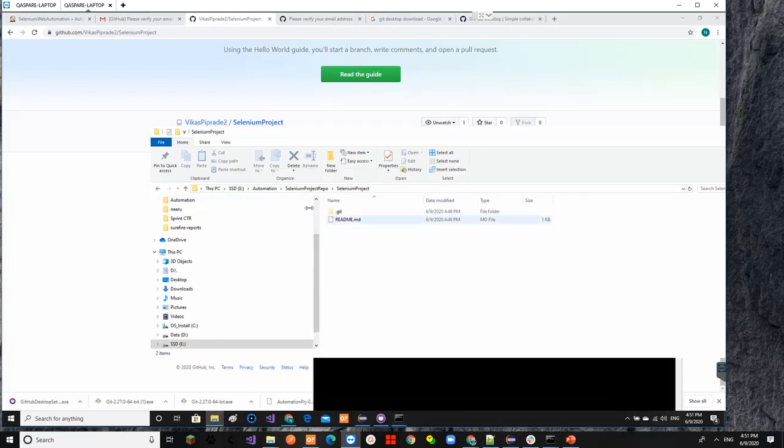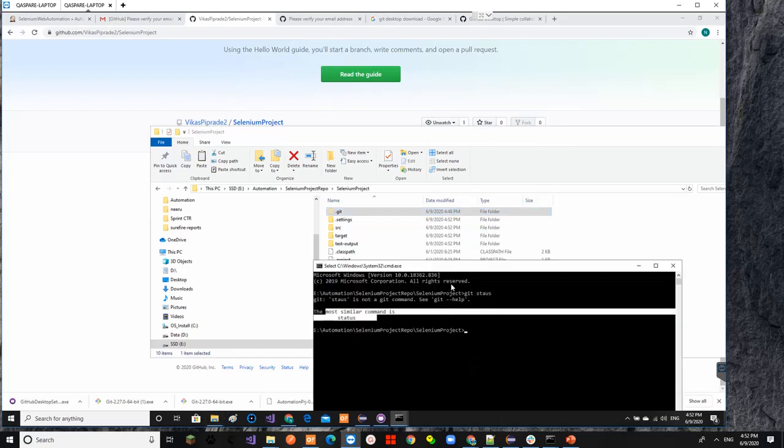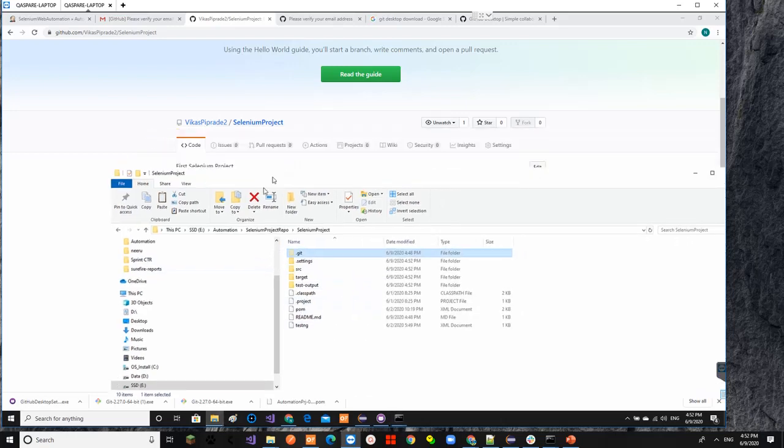So now I can copy my Selenium project files into this, and then we'll push those files into the GitHub repository. So let me copy all my Selenium project files into this folder where git is there. This is the git file created by the git command, and now I want to add all these files into the git repository.